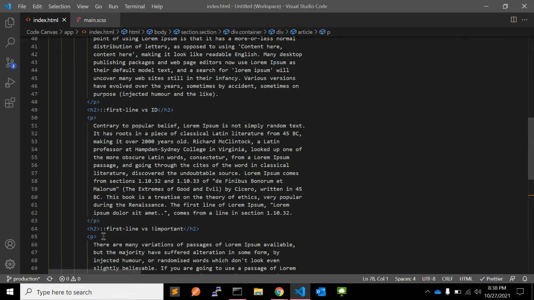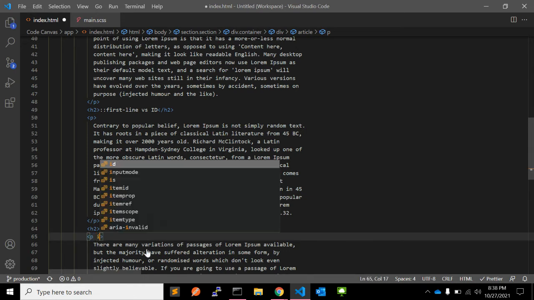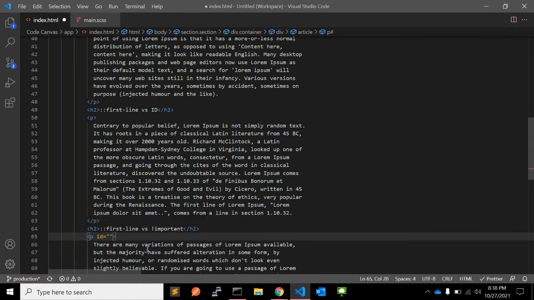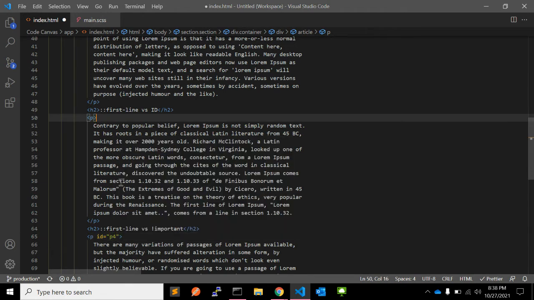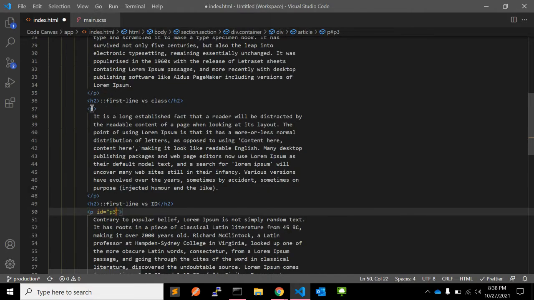Let's give an ID, for example paragraph 4, P4. Here, you can give the ID paragraph 3, and the same for paragraph ID P2, and we don't need that for the first paragraph.